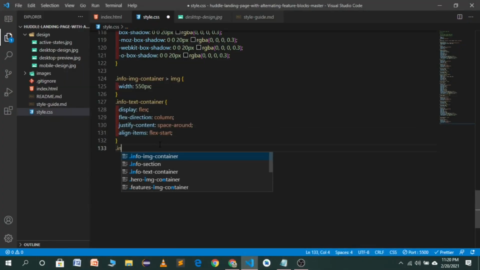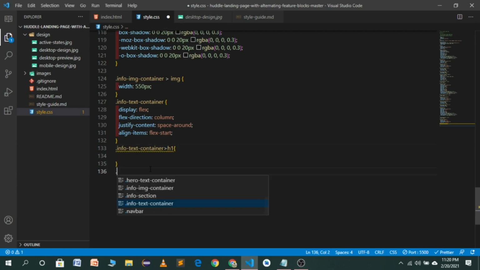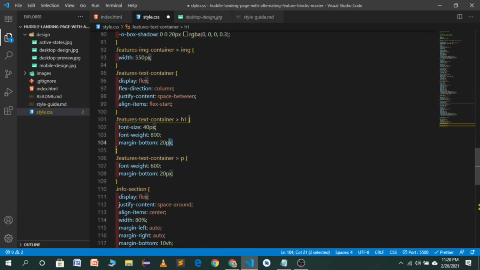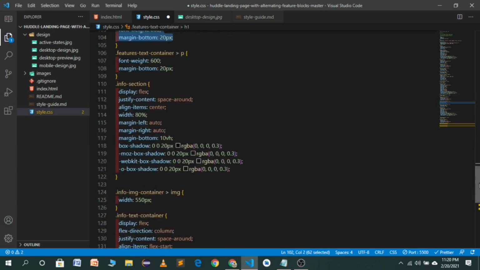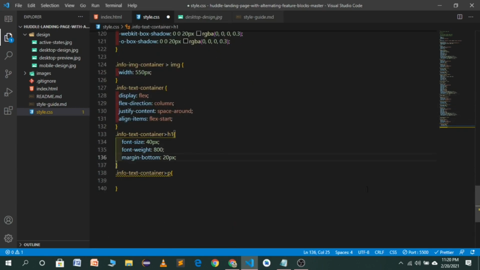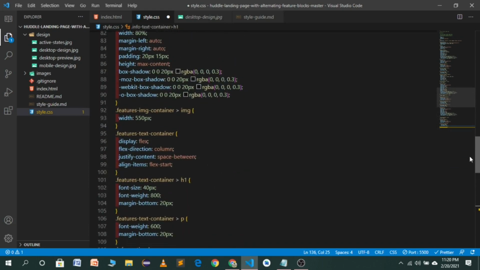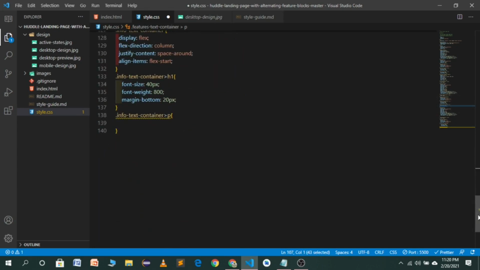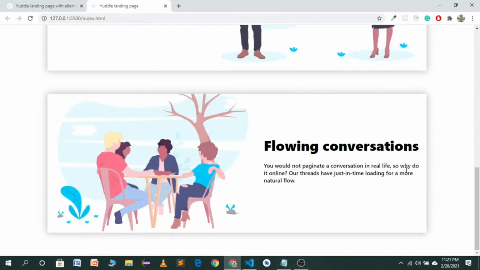So in the dot info text container I will target the h1 tag. I will also target the p tag. In the h1 tag I will use the same properties as we have used earlier for our heading. Let's go here, and in the p tag I will copy the same properties. Let's go to the p tag and save this one, and now you will see we have a beautiful design here,